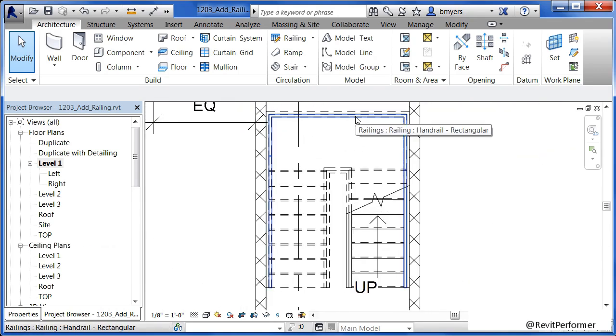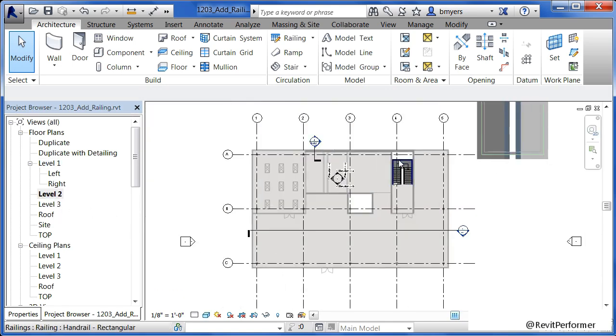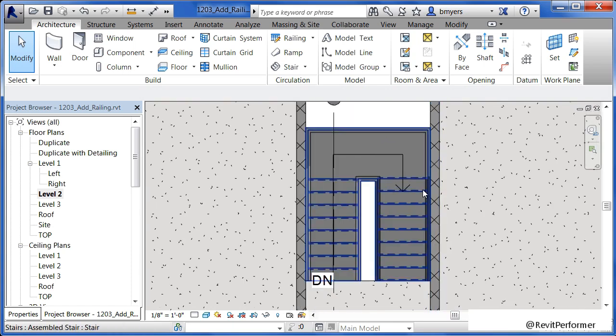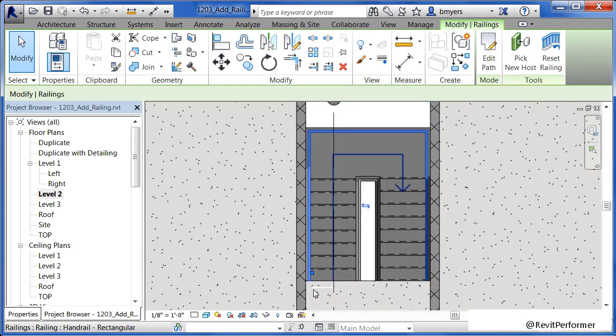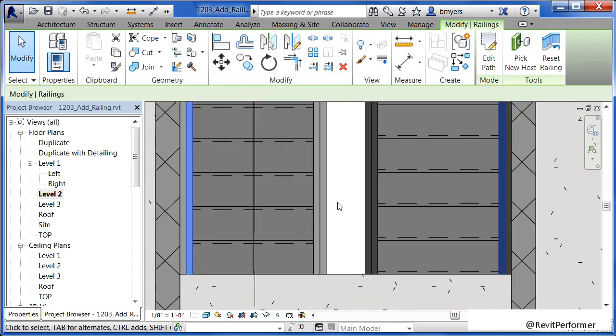You begin to see that the railing in this instance is actually showing up as being a dashed line, at least for the majority of this. Technically we can edit the railing from here, but I'd really like to edit it up on our level 2. So just double click here on level 2, and we can see that same railing, if we zoom in here on the top, coming around on level 2. Right here's where our opening is. This is the top of our staircase, and you walk down the stairs in this direction.